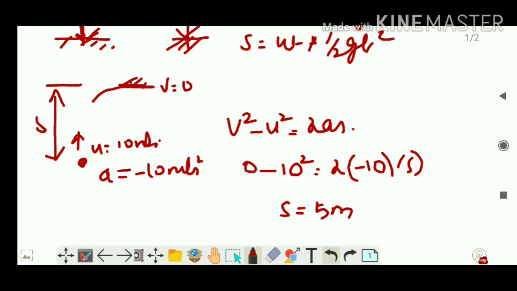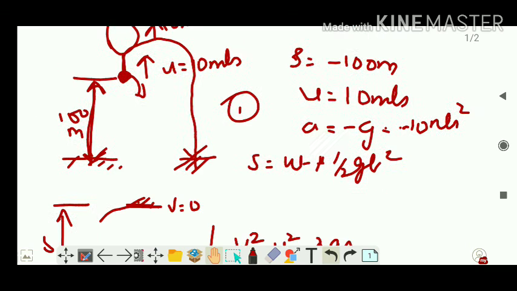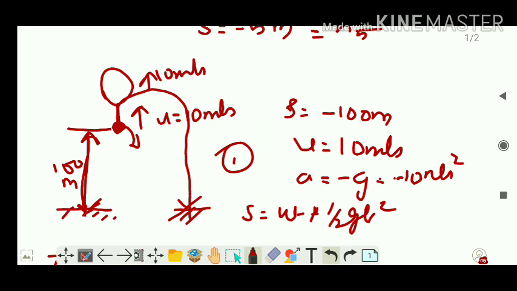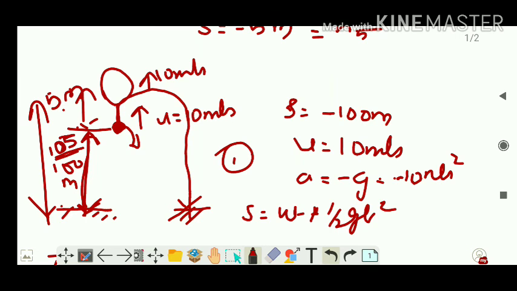So that means, going back to the previous figure, guys, the ball from here to here is how much? 5 meter. So from the ground, what will be the total distance? 100 plus 5 would be 105 meter, right? So the ball is at a distance of 105 meter from the ground. Clear? Now let's move on to the third part of the question,